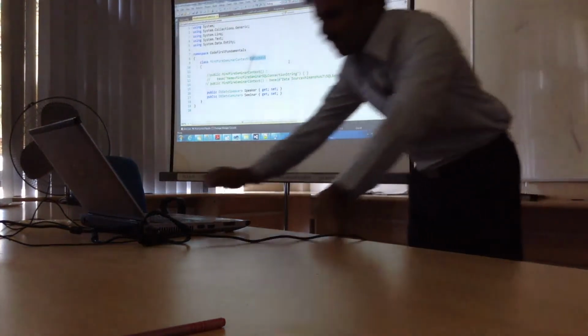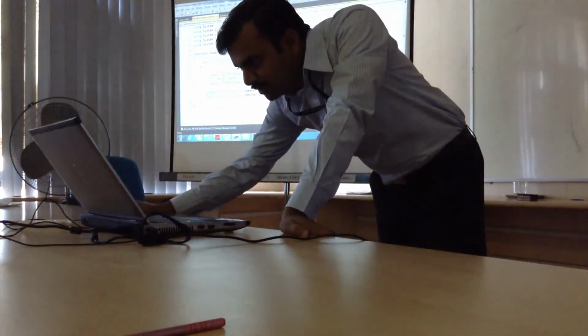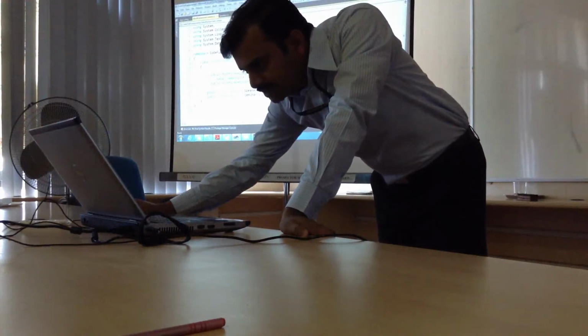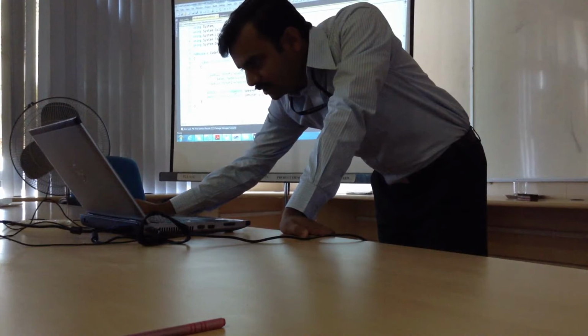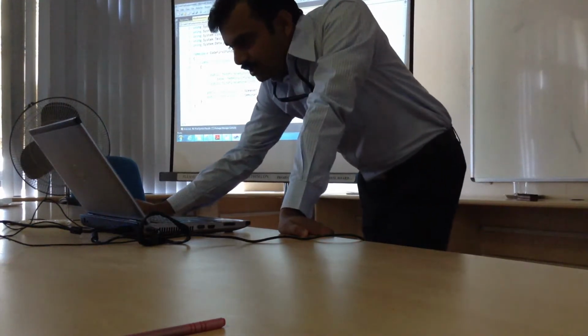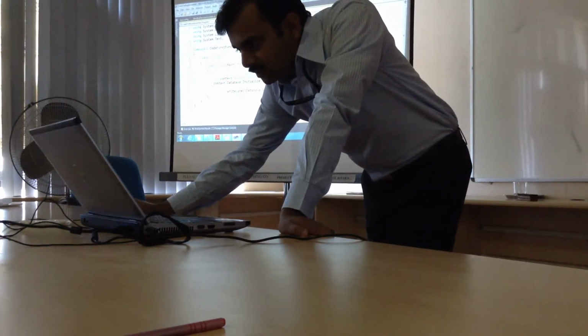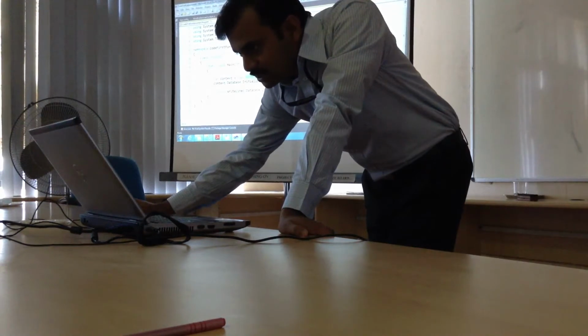So what I am doing is I am just using the DbContext here, and I am just adding two lines of code here: DbSet using the speaker class and seminar class. And then in the program, what I am doing is just initializing that context here, just plain C# I have written. Context.Database.Initialize, I will cover all the things later. So let me run the code.